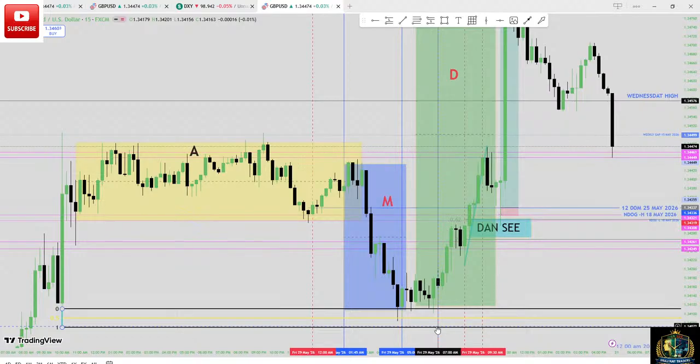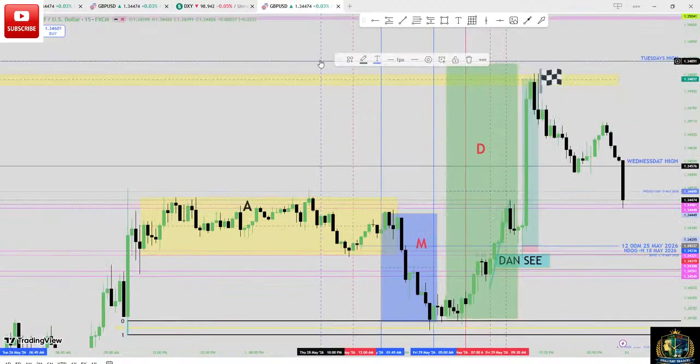They keep going high to the main objective. What is the main objective? The main objective is to take out Wednesday's high and Tuesday's imbalance. Me personally, I thought the market was going to take out this Tuesday's high because most of the time they're always going to take it out. This black line is Tuesday's high. You can see it over here, Tuesday's high.